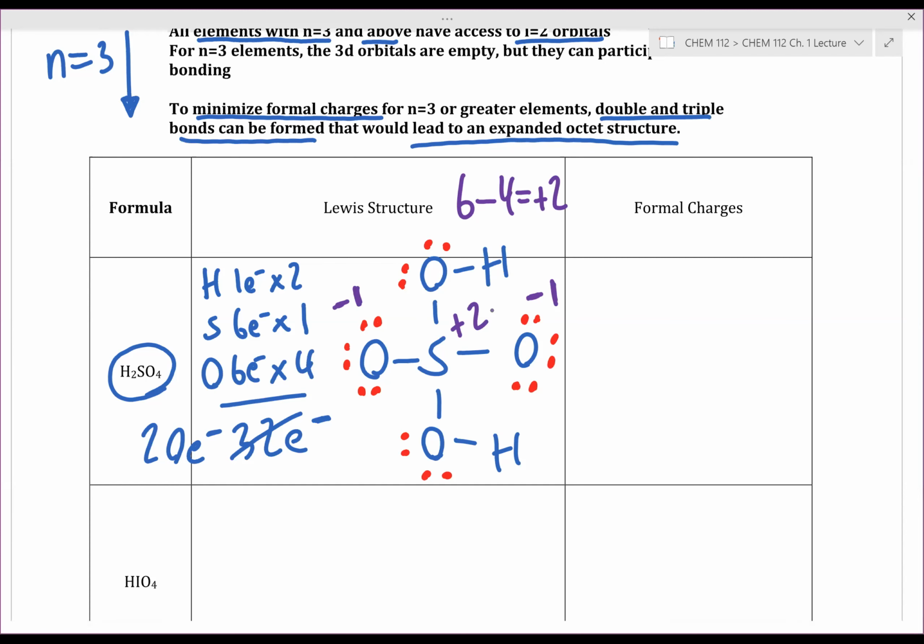2, exactly. And do we have some convenient lone pairs that we want to use for bonding? Yes. So what we're going to do, instead of going with this structure, is we're going to kick down these lone pair electrons. And our goal, and the result of this process, is by forming these double bonds, we have eliminated our formal charges. So this final structure,